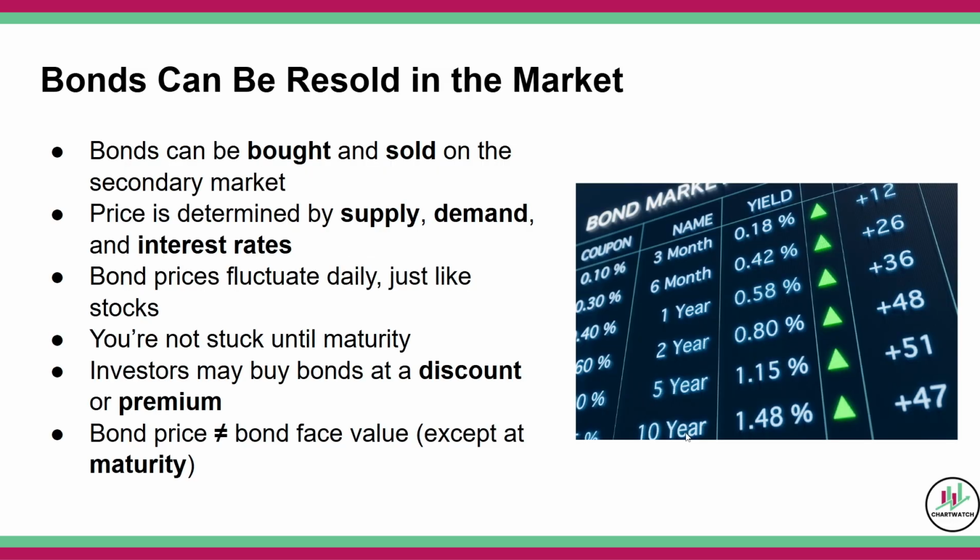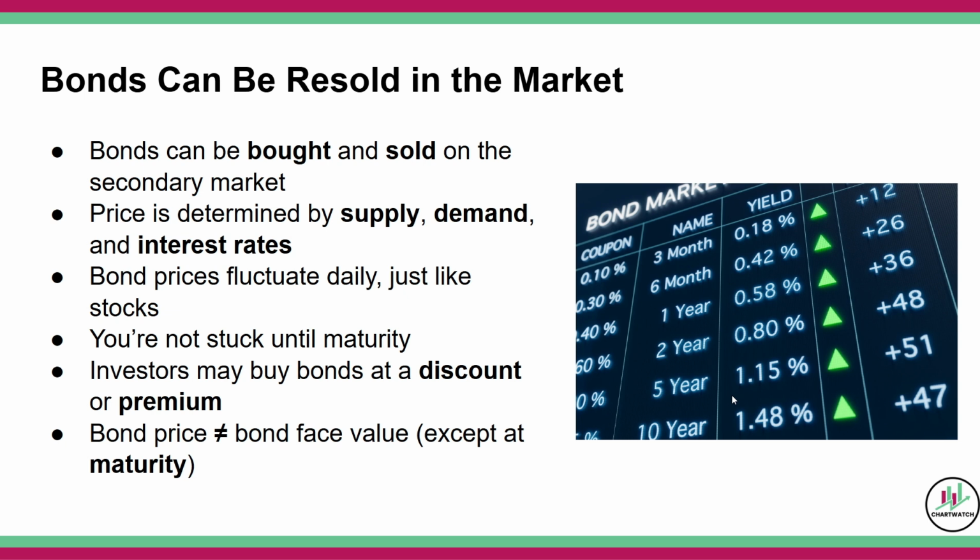One of the biggest misconceptions about bonds is that you're locked in until they mature, which is not true. Most bonds are traded on what's called the secondary market, kind of just like stocks. This means you can buy and sell bonds anytime after they're issued. This is often done through brokers or trading platforms. So if you bought a bond that matures in 10 years, you don't actually have to wait a full decade to get your money back. You can sell it tomorrow if you want, but the price you get might be very different from what you paid. That's because a bond's market value fluctuates constantly, like a stock.